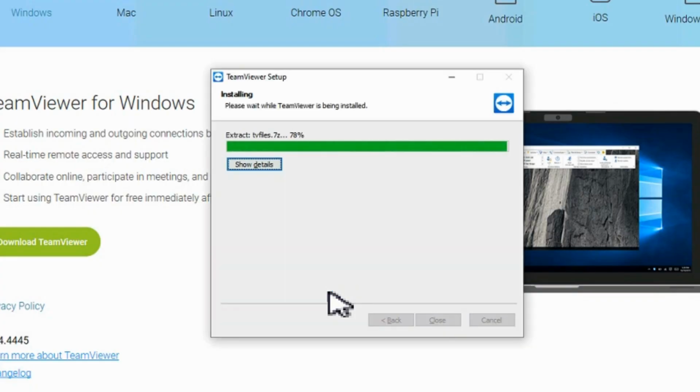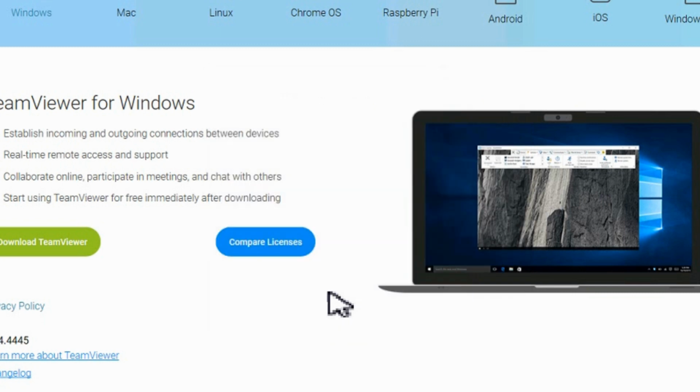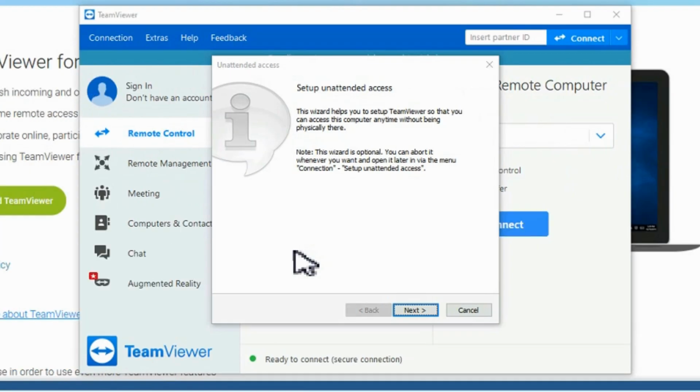So the installation is fairly short and quick depending on the speed of your computer. I've got a pretty fast computer with a solid state drive, so yours might take a little bit longer than this, but this is without speeding up the video, and it's done this quick. Now once it's installed, it asks you to set up your unattended access.